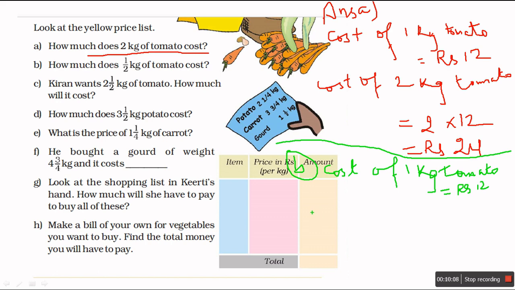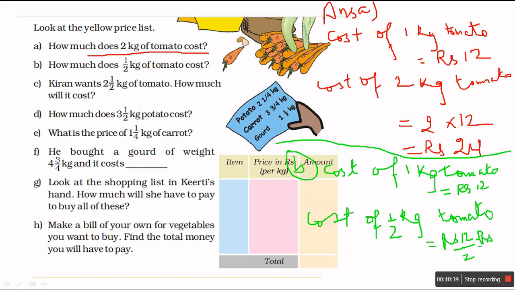So cost of half kg tomato. Quantity becomes half, so price will also become half. So rupees 12 divided by 2, that is rupees 6. So half kg tomato costs rupees 6. So this is question number B. Let us see